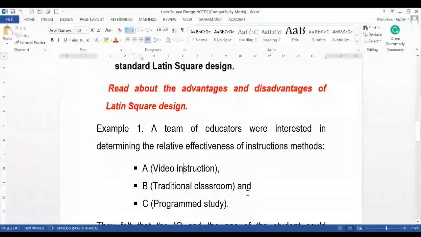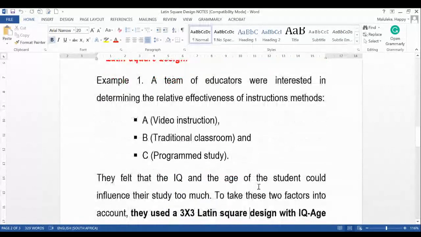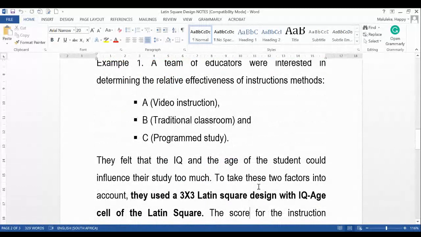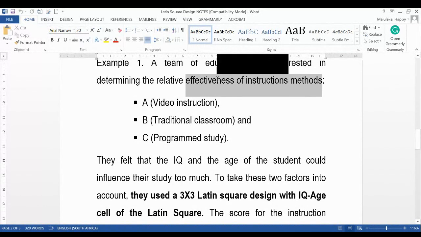Let's look at this example, guys. A team of educators were interested in determining the relative effectiveness of instruction methods represented by A, B, and C. So the main reason for these guys to come up to this team of educators to do this experiment, their focus was what? The effectiveness of the what? Of the